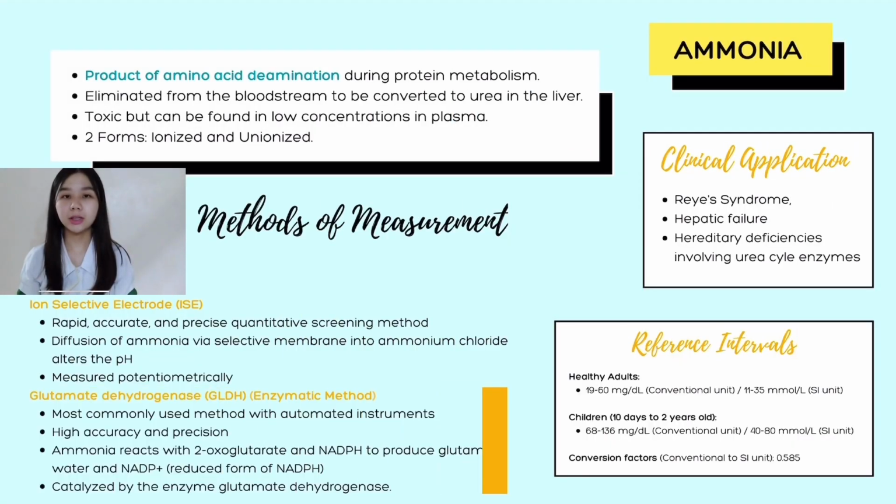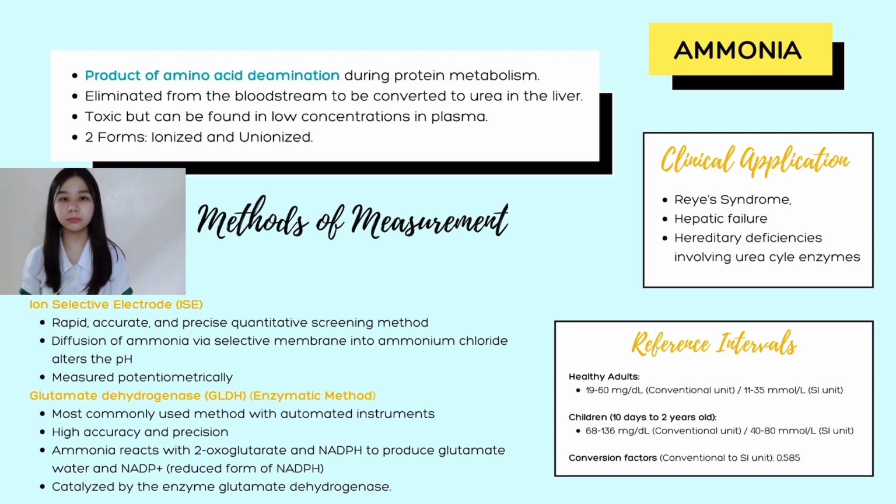Ammonia. Ammonia is a product of amino acid deamination during protein metabolism. It is eliminated from the bloodstream to be converted to urea in the liver. Free ammonia is considered toxic but can be found in low concentrations in plasma. Ammonia may exist in two forms, the ionized and the unionized form. Ammonia takes the ionized form in lower pH, whereas a higher pH causes the ammonia to be in its unionized